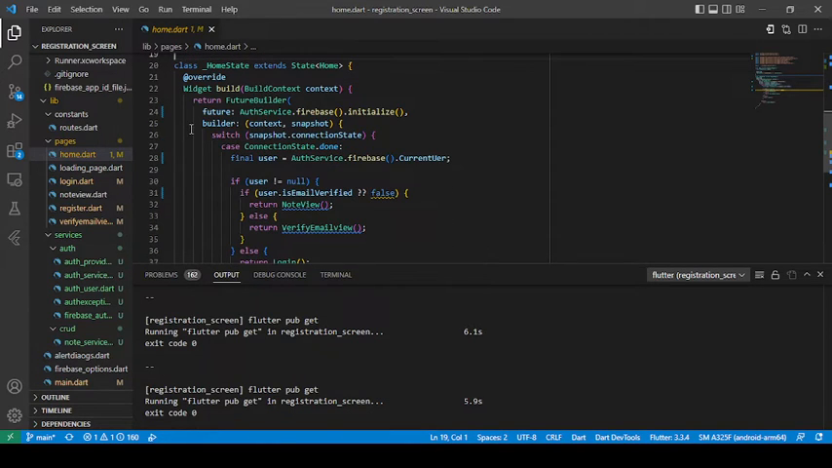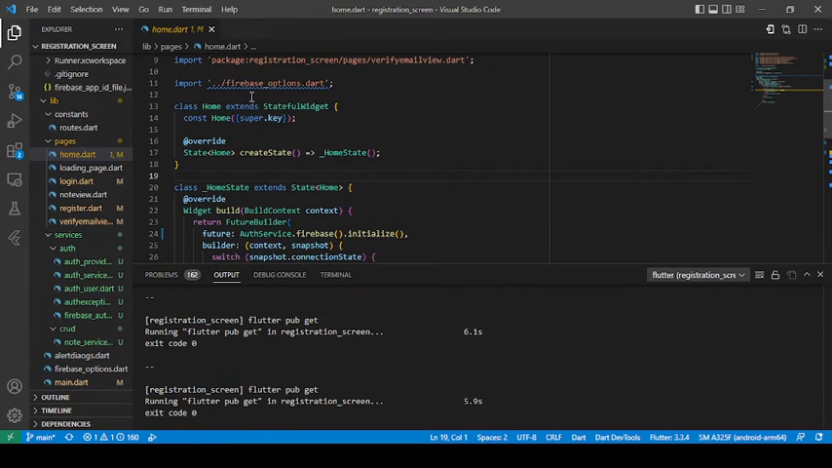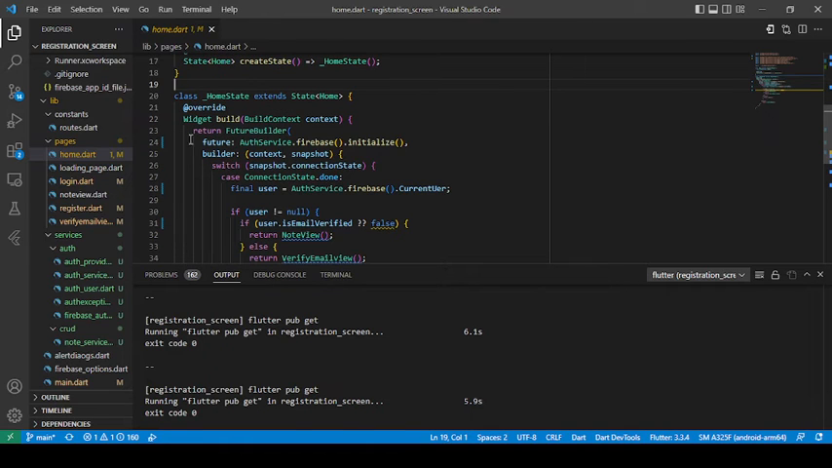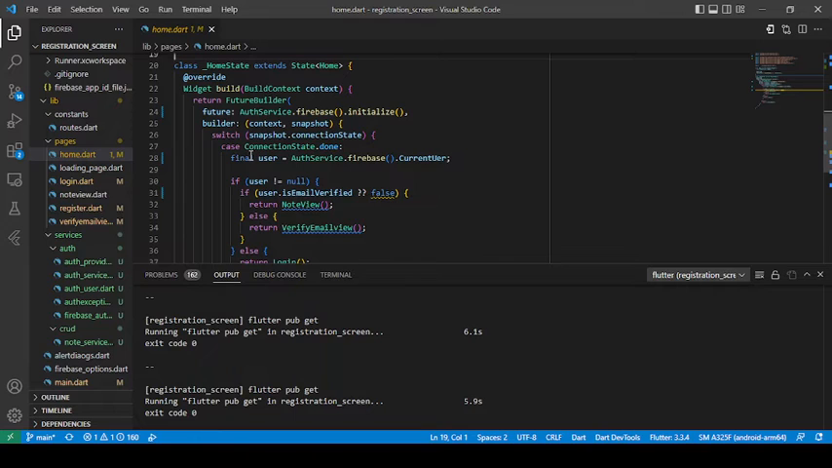I just created a stateful widget, and instead of returning a scaffold or anything, I just return a future view dynamically because we will need the initializer. So with the future and the builder, we need a switch. I think I've said this before. So if the user is not null, it should return